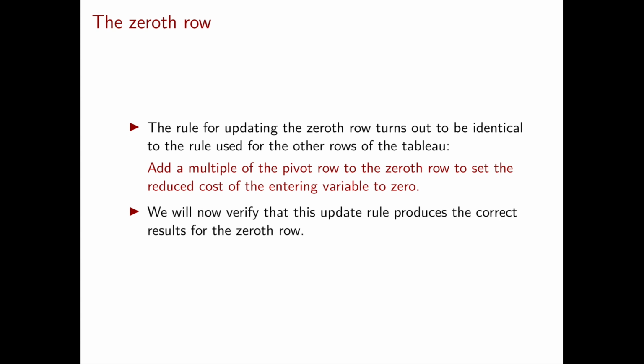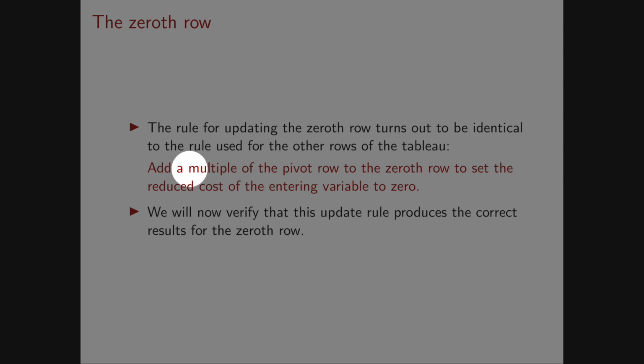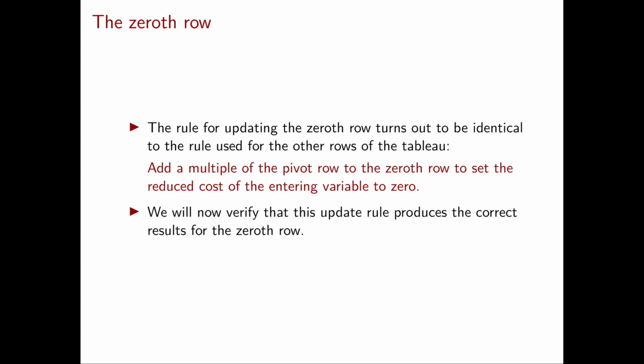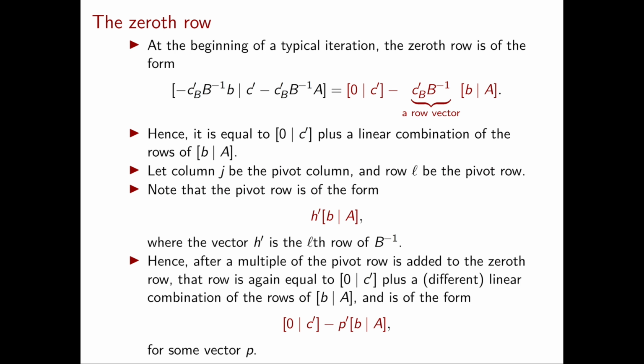Now the great thing about the 0th row is that the update rule turns out to be identical to the rule used in the remaining part of the tableau. Namely, we need to add a multiple of the pivot row to the 0th row to set the reduced cost of the entering variable to 0. Of course, we need to prove that this update rule produces the correct 0th row for the next iteration. So it needs to update correctly the negative of the current cost and the reduced costs. Now we're going to prove that this update rule is correct, and we're going to do this in a couple